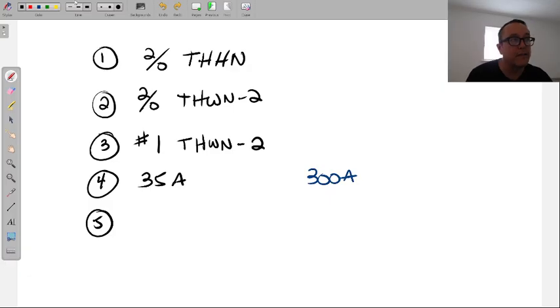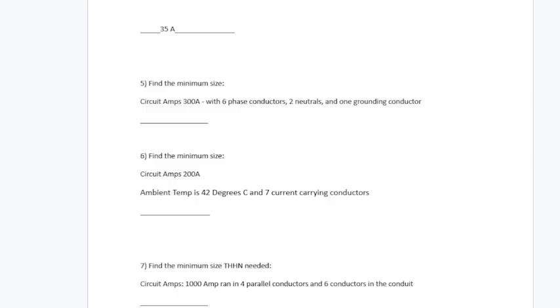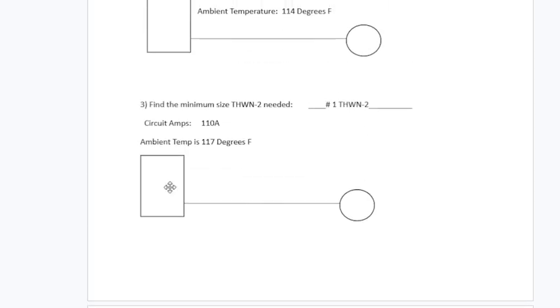If you start at the wire, here's the other thing about this question to focus on. I did not give you a wire type. So we use the 75-degree column now. There's no THHN or THWN here at all. Neither here. I'll go back a couple.